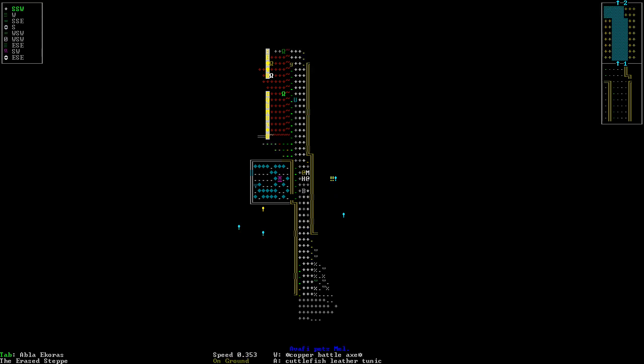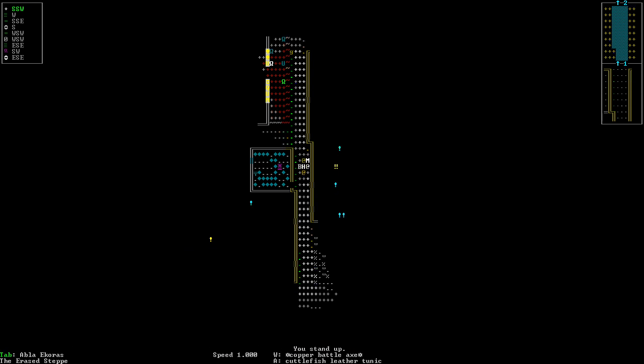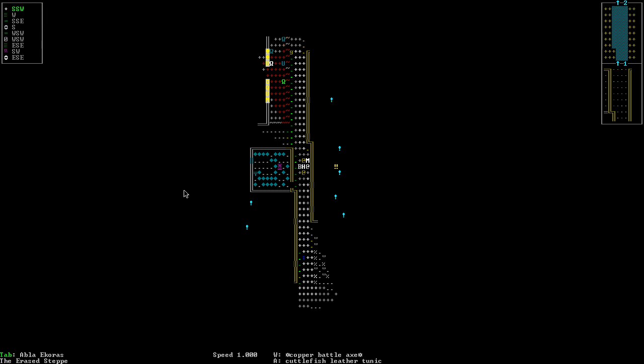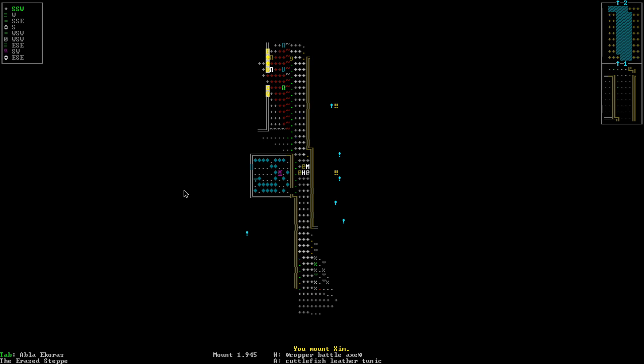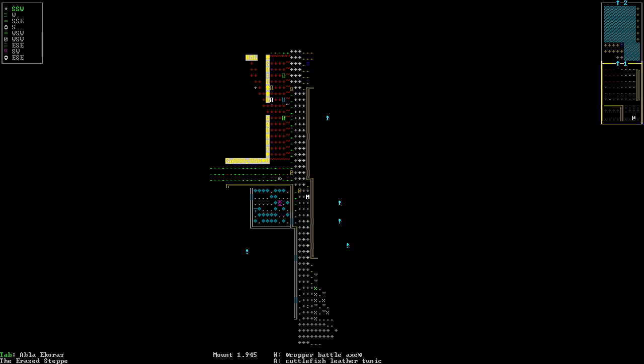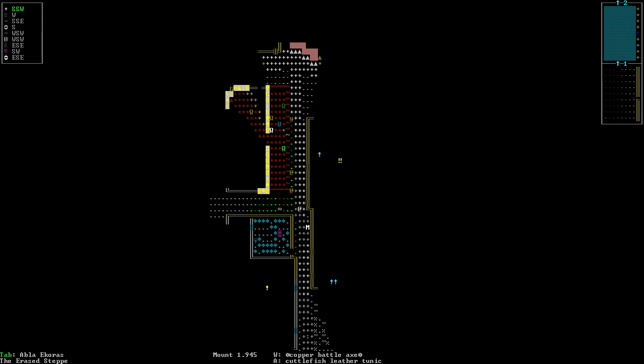I always have a really hard time telling which one of these @ symbols is me. I think it's under the bear right now, because we're on the ground. Nope, someone's on top of us. All right, there we go. So we can mount the war grizzly bear. You know what? I'm going to do that right now. So we mount Zim. And our party members will just join us. They will mount whatever mounts they have available to them